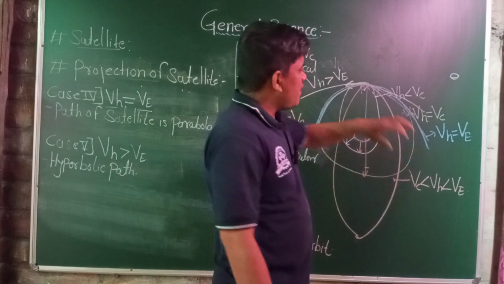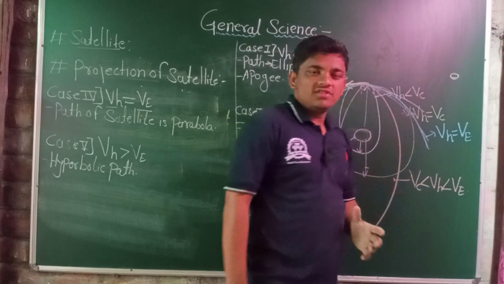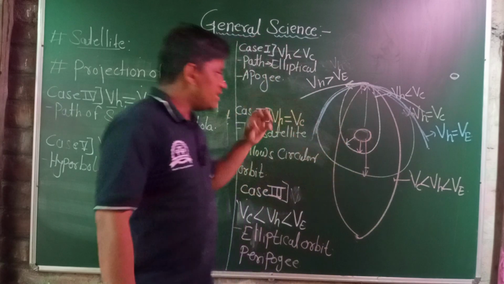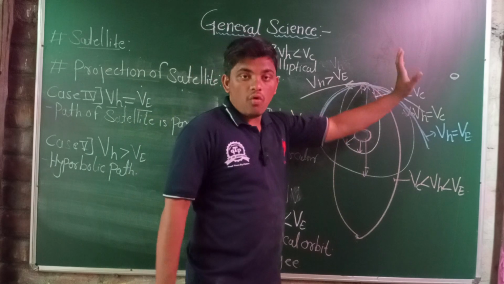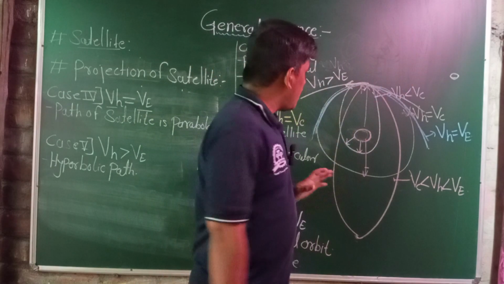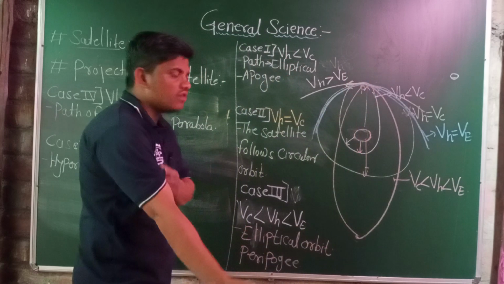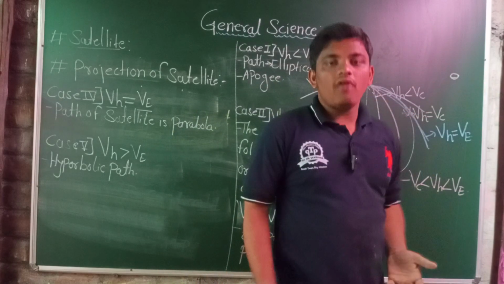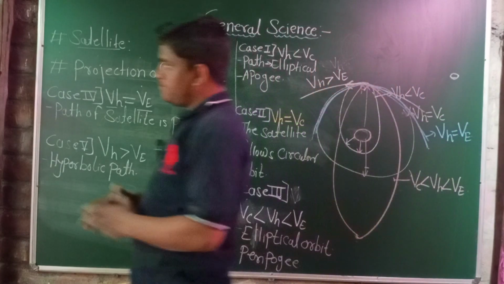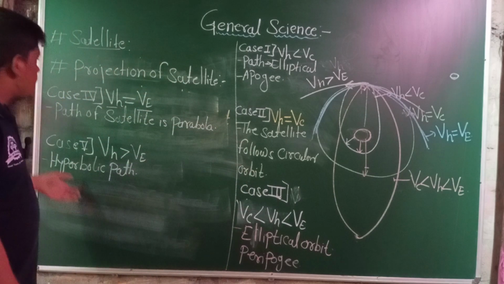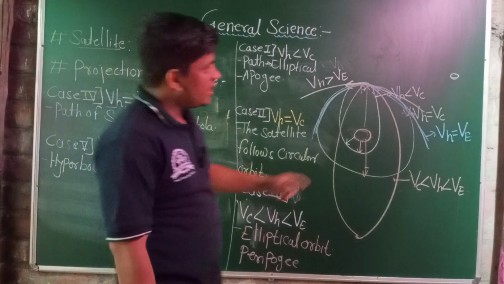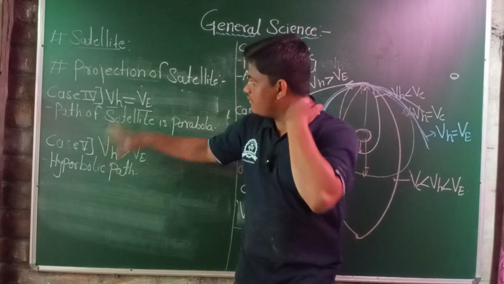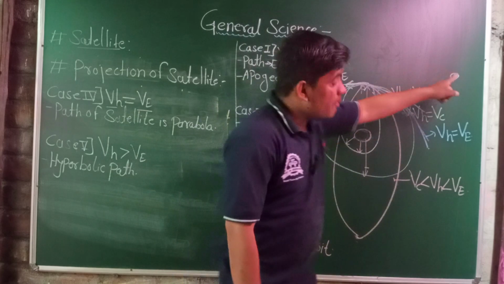Then, what happens when we want to launch vehicles onto the moon's surface? The process is the same, in reverse. When we throw or escape these rockets from the earth's surface towards the moon, and in the other case want to land, the cases are reversed from the fifth case to the first case. At that time we reduce the horizontal velocity, first greater than the escape velocity, then equal to the escape velocity of the moon.